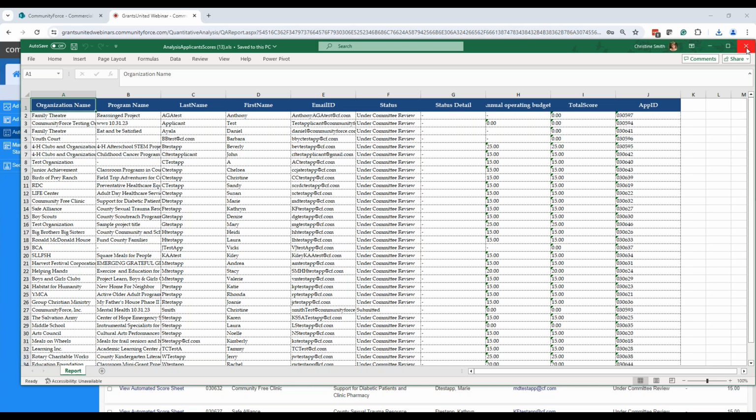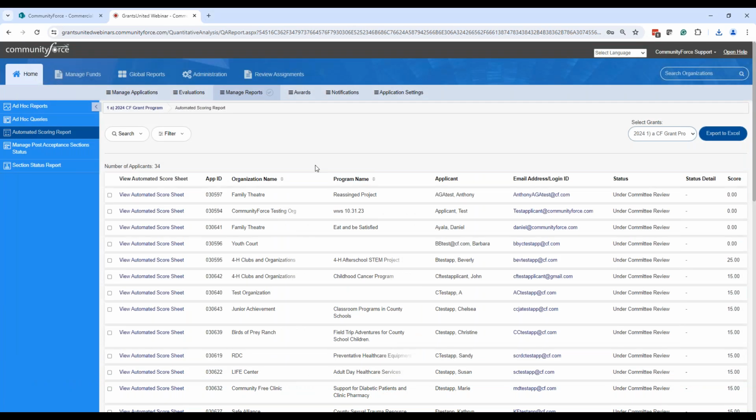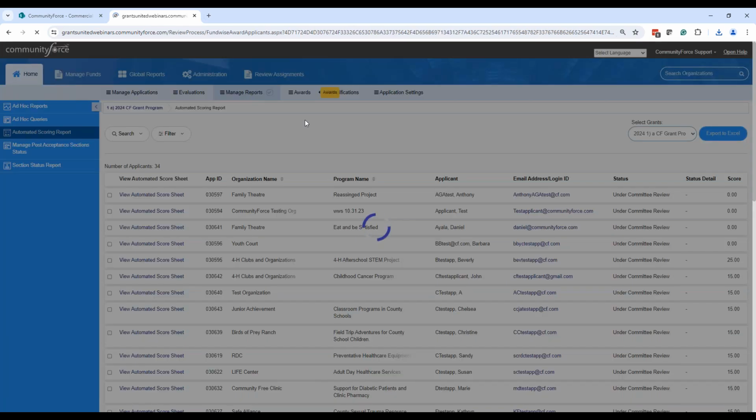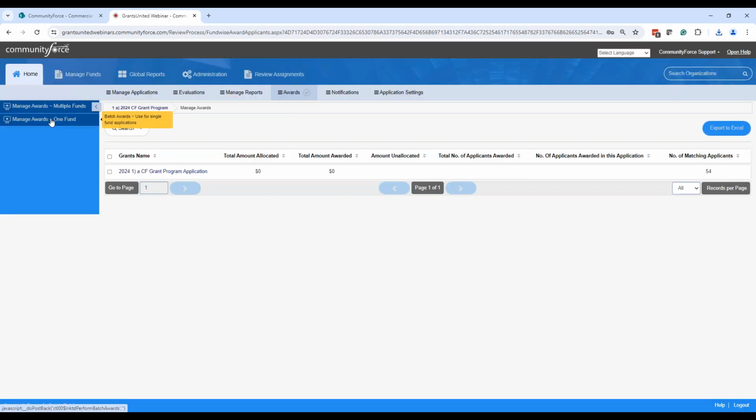Now, of course, right now, you're probably saying, okay, so how can I see a total score and an automated score together? Well, right now, the only place that is possible is here in the award screen, which in your next training next month, we're going to talk about how to do awarding. But in this award screen for the one-to-one, this is the one-to-one process, on the Manage Awards One Fund,